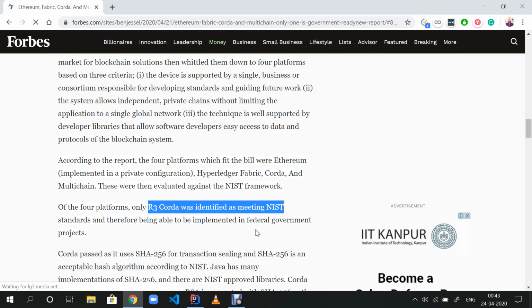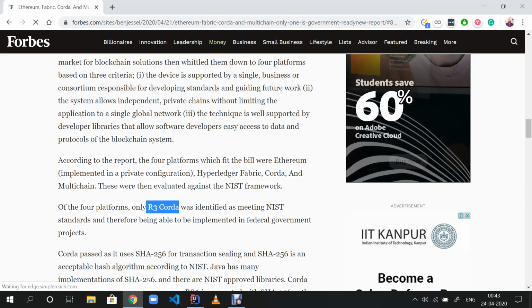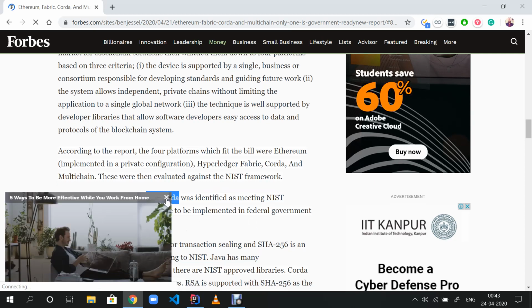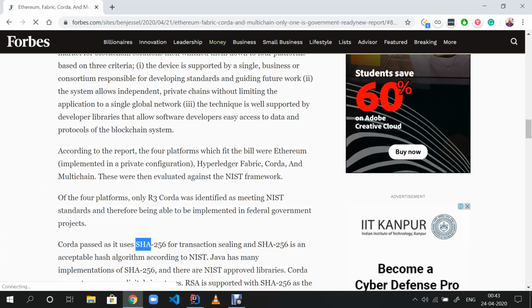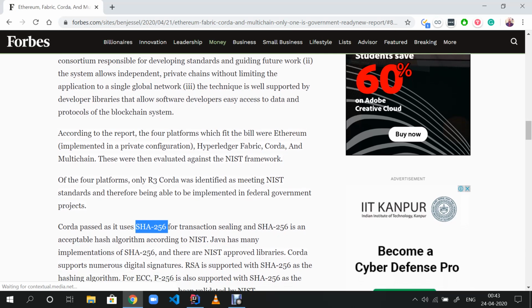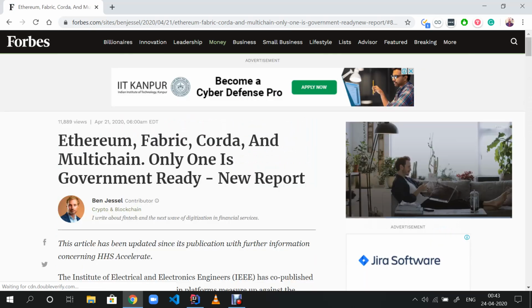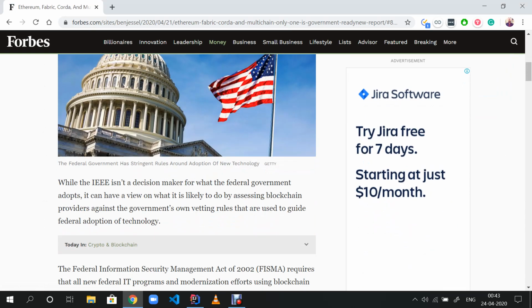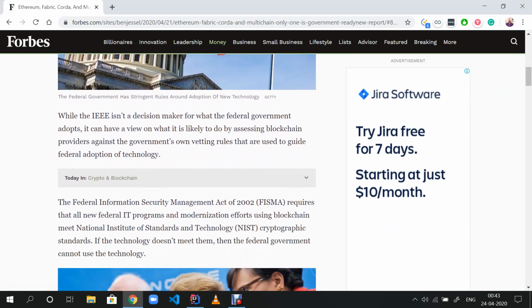Now, other blockchain platforms are also being implemented, but R3 Corda is now officially the blockchain platform which has been accepted by the government because it uses an SHA-256 cryptographic algorithm, which is the highest level and approved by the NIST. NIST is the National Institute of Standards and Technology.